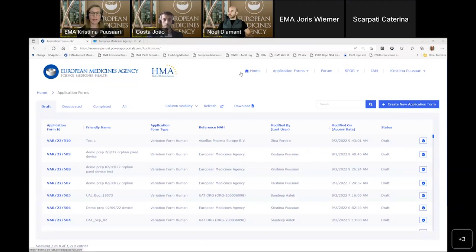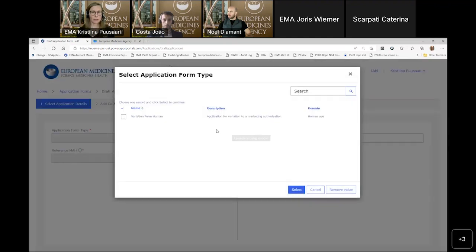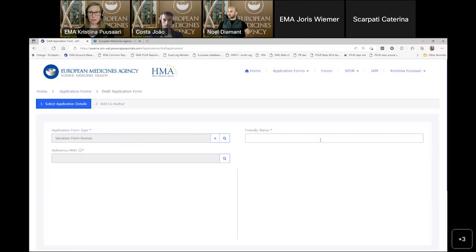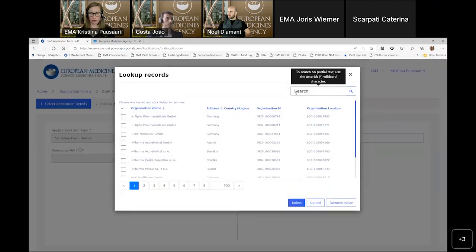So I have entered through the home page, and I've clicked here to application forms. I will now click here, create new application forms. As you know, you have two different ways to create a new application form, from the drop-down menu here or from the plus button. So I will use this. For now, we only have the variation form, and we can give it a name that we would like. At this point, you cannot change the name. So bear in mind that when you are starting,